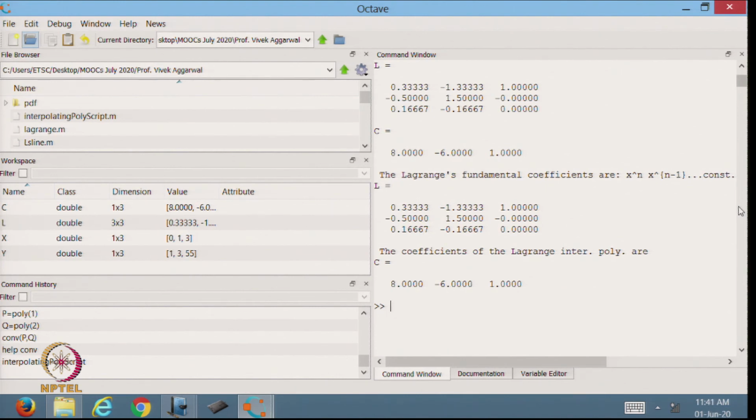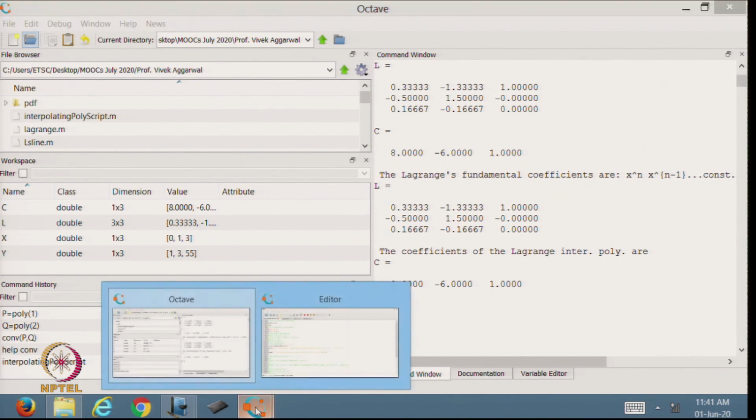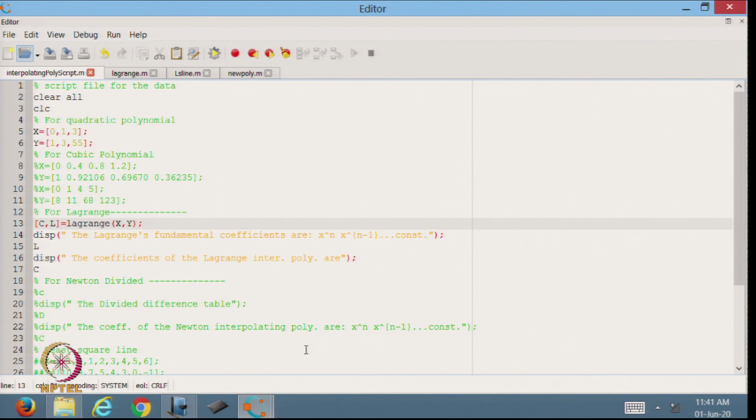Here we have taken just 3 data points, but we can have as many data points as we wish, and I can run the same code for that type of data. So, this is already there. Now, the same thing I have done